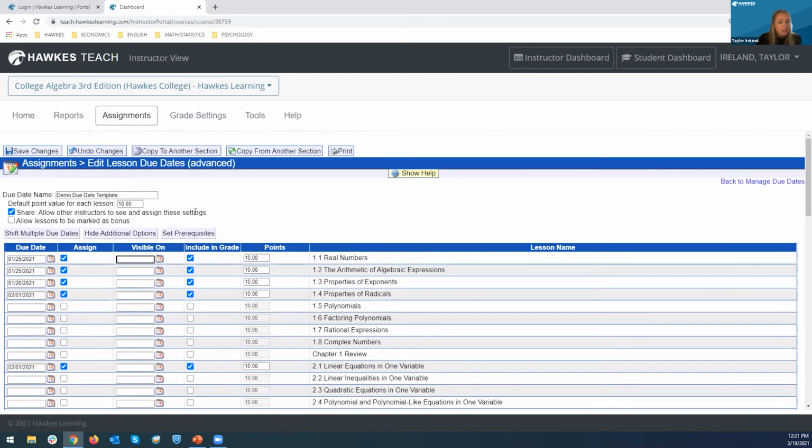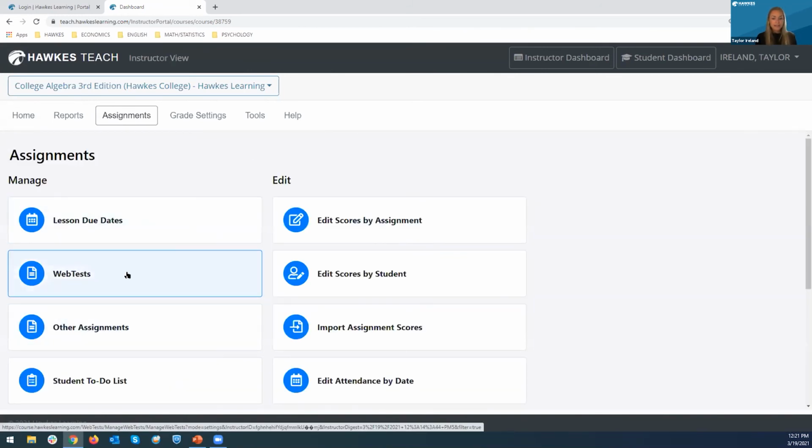With any template option, I do want to mention that you can choose whether or not to share your templates with other instructors as well. So let me undo my changes here. That is pretty straightforward. And so what I want to jump into next is the actual test generator, I guess you can call it,